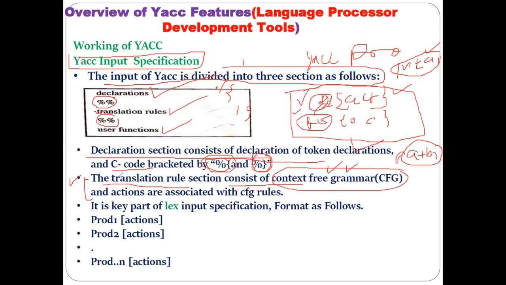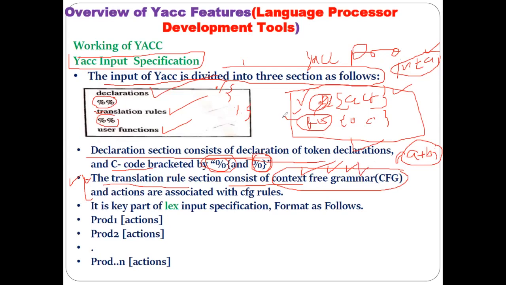When you are writing the Yacc program to generate the syntax analyzer, you have to write the grammatical rules, which are related to the context free grammar. So that is the comparison between the Lex rule and the Yacc rule.